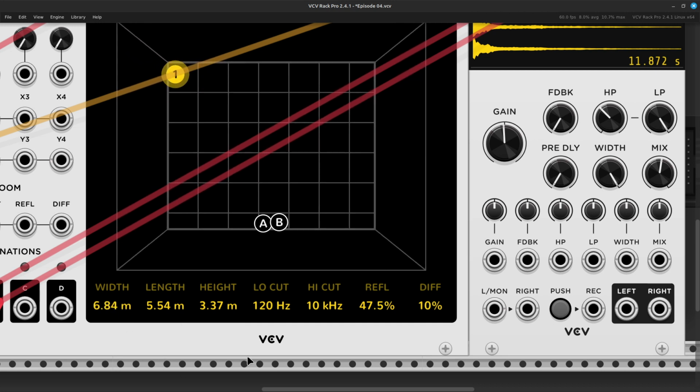Here we go. That's 10% diffusion. 100, much smoother. You don't hear the... Okay, so